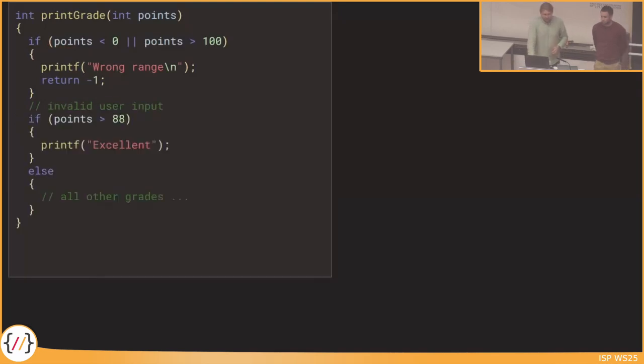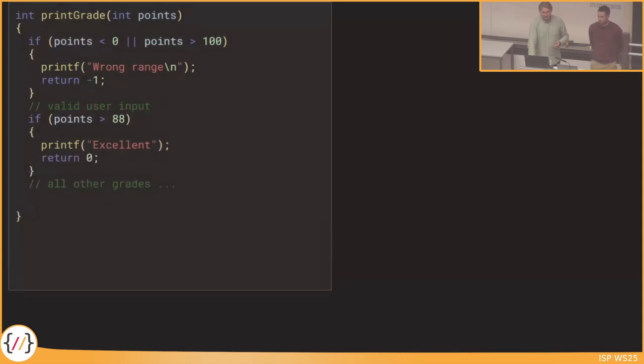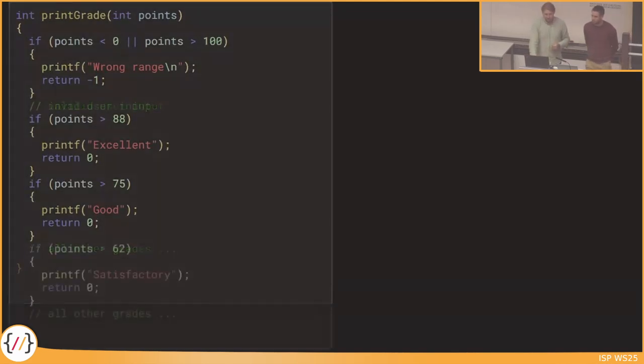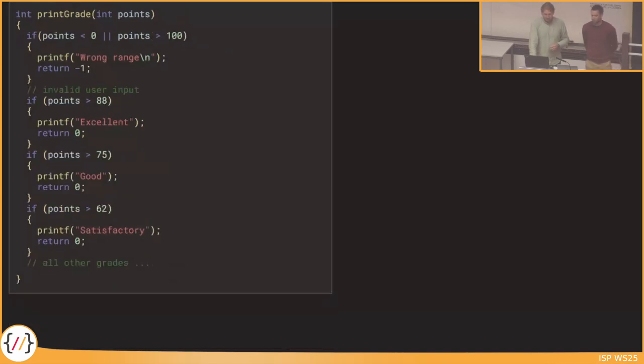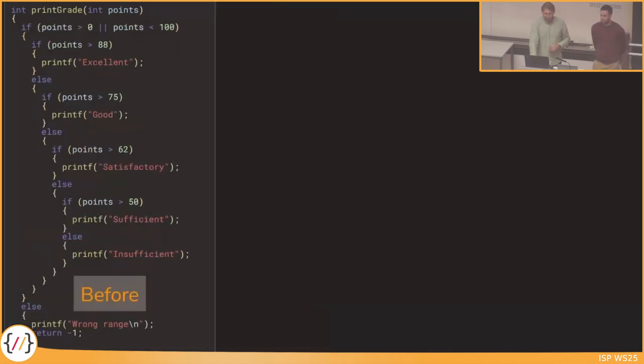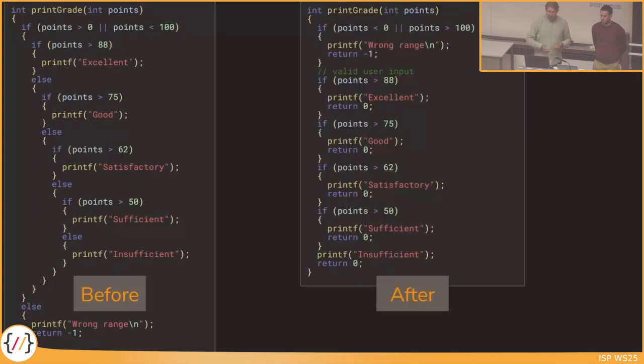So we can now add another condition which says, okay, points is larger than 88. This is excellent. And we could do the same for the good, which says points larger than 75. We could do the same thing for the satisfactory, add another if block. We could do this also for the sufficient if the points are larger than 50. And eventually, we would then have this code snippet here, which is, in my opinion, and hopefully also in your opinion, much more readable,